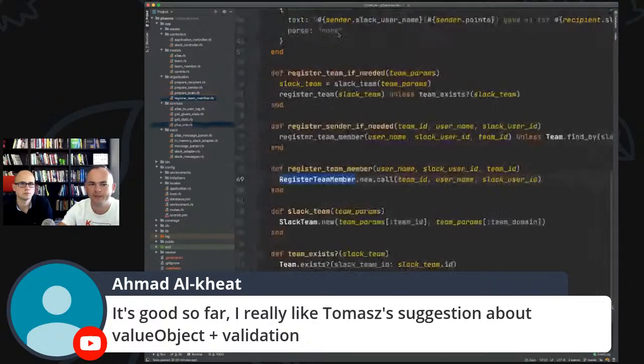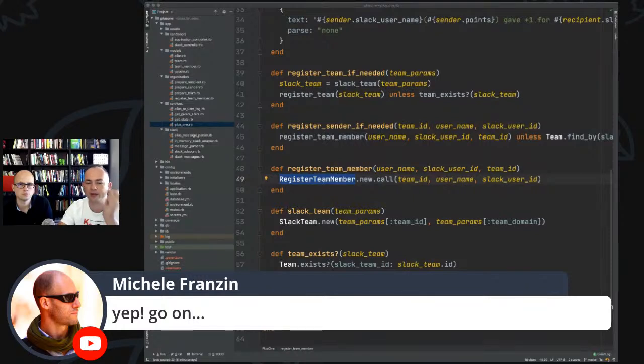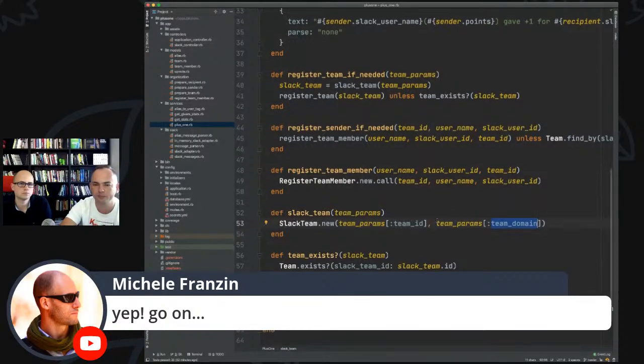And I wonder, you people in the audience watching us, by the way, thanks for the good feedback. Because in the Rails community, we really have this popular pattern of passing params. So it starts at the controller, then you pass it to the service object, then you pass it to the ActiveRecord models. So we really don't have control, and we know that somewhere deep down, if someone accesses something like team params, team domain, and this is not existing, in Ruby, it's not Java, it would just crash on production, right? If it was set to nil, the nil would be passed further down, so it wouldn't really be a compile time problem.